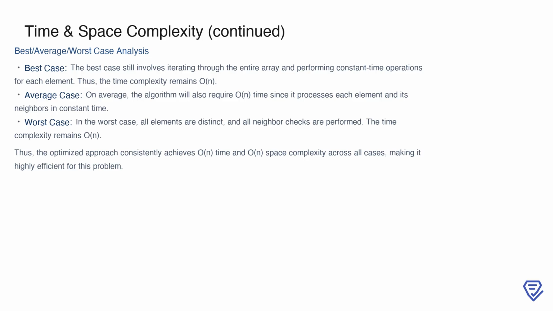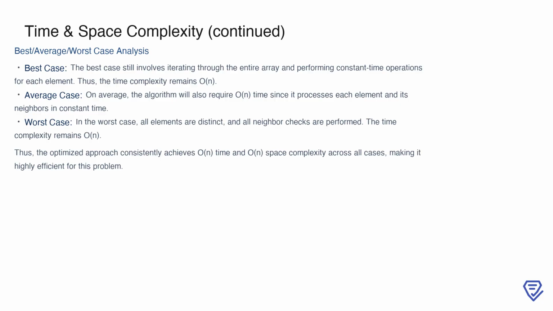In the best case, we still need to iterate through the entire array and perform constant time operations for each element, resulting in a time complexity of O(n). The average case is similar, as each element and its neighbors are processed in constant time, leading to an O(n) complexity. Even in the worst-case scenario, where all elements are distinct and require neighbor checks, the complexity remains O(n). This consistency across best, average, and worst cases highlights the efficiency of the solution, with both time and space complexities